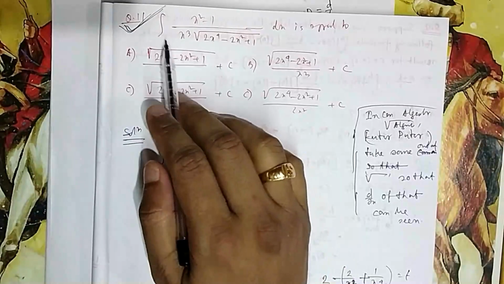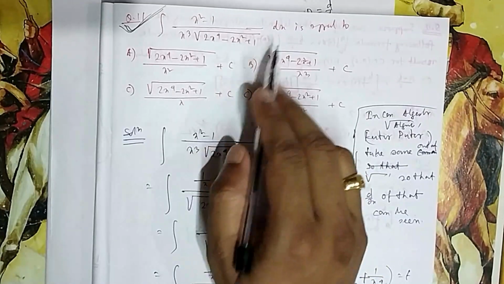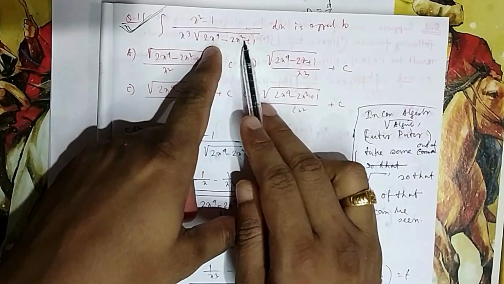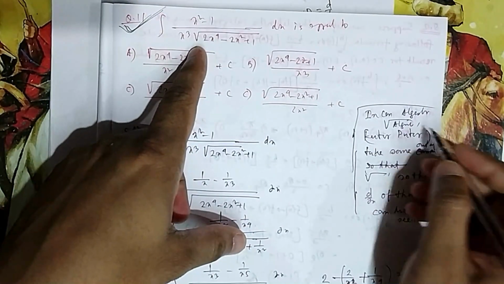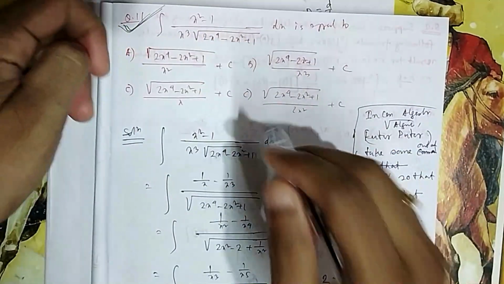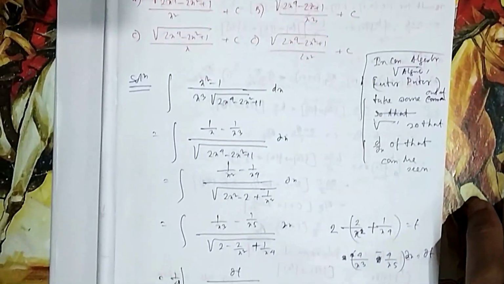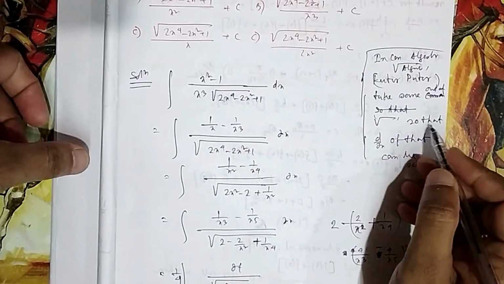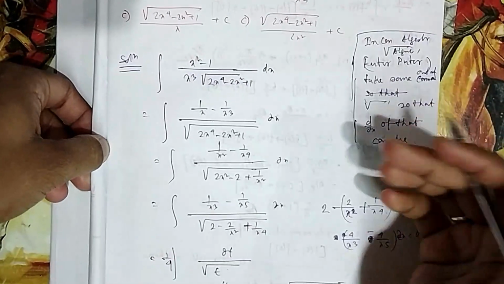Now the integration is the integral of x square plus 1 by x cube plus 2x to the power 4 minus 2x square plus 1 dx. Now this is something under root, but it is not a proper quadratic or linear expression. So if it is something of root algebra, then try some trick, introducing something so that one differentiation becomes the other. So we generally do something under the root so that something comes out of this, so that dy by dx of that one becomes, you can see, this one.